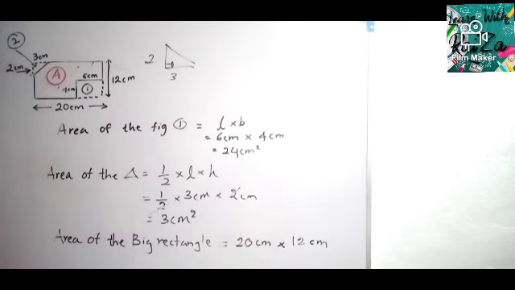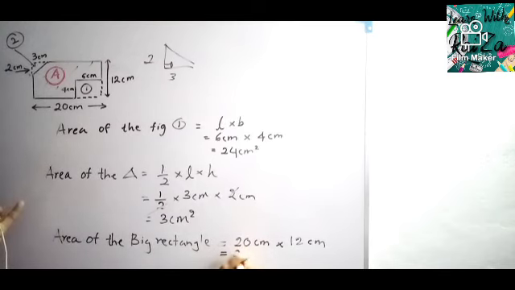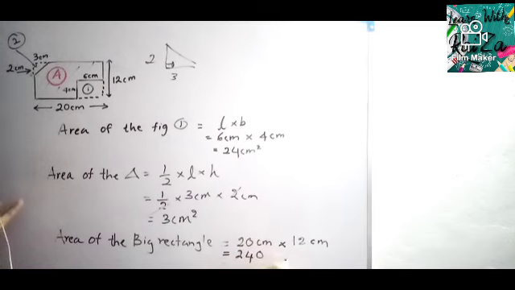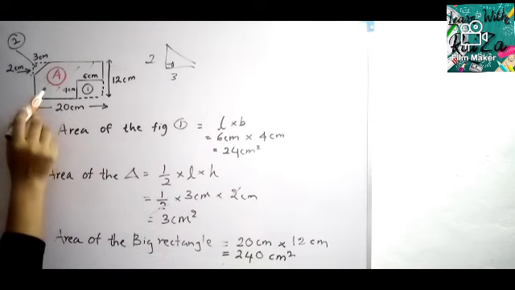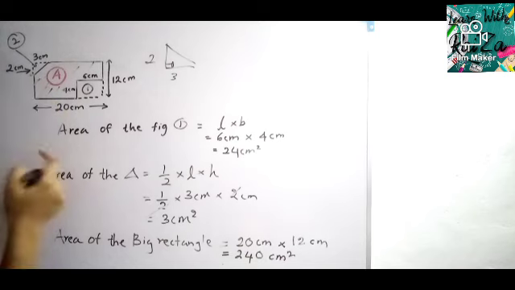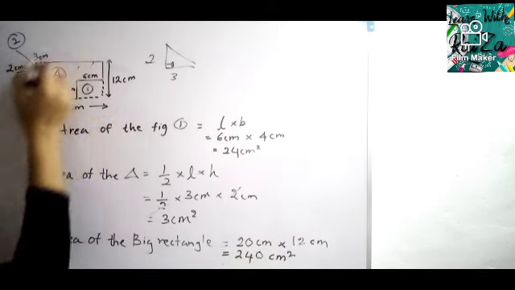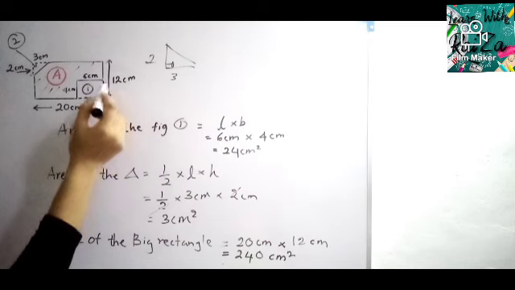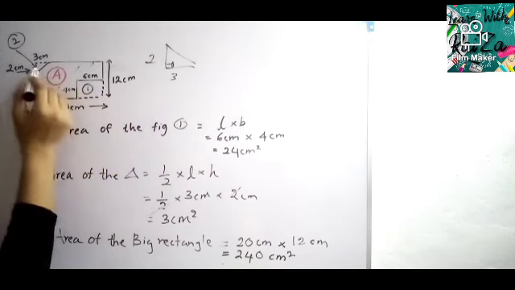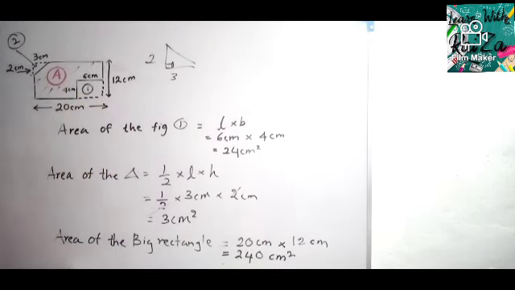When you multiply 20 by 12, we learn in grade 5 multiplying numbers from 20. So when a number is given, don't take a paper and pen and try to do this multiplication. Just try it here. 2 times 12 is 24. Write 24 and add a 0 because of the 0. So the answer is 240 square centimeter. Now the big rectangle is found. Now very easy, understand the question. We have to find the shaded portion, right? So to find the shaded portion from the big rectangle, you have to subtract this square and this rectangle. So now we are going to find area of.